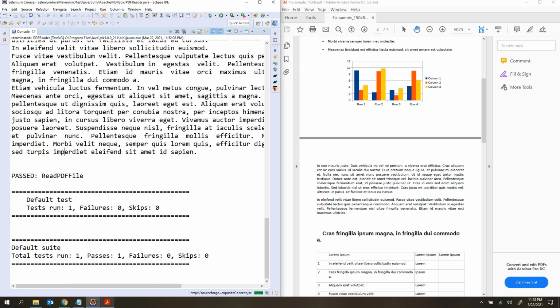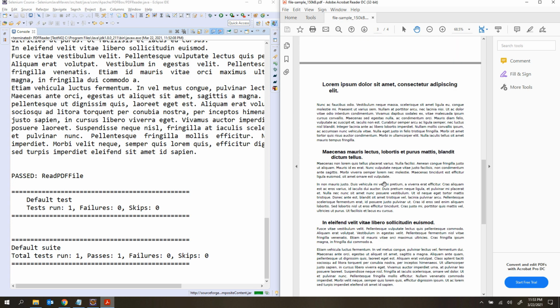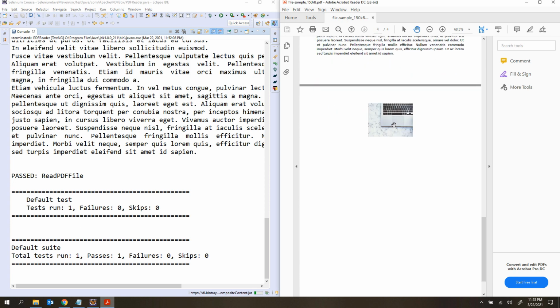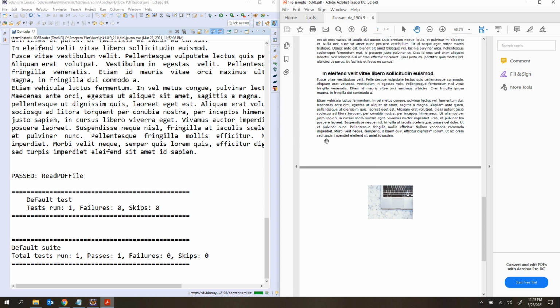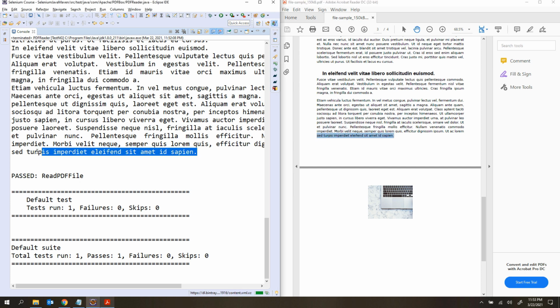Let's go to the last line and see. As I said, we cannot read the images, so just ignore this image, then go back to this one. Here you can see some text, guys. You can read it, I don't read it because it looks awkward. It ends with the same ending text, guys. That means we are able to read the entire data from this PDF file, right? So now what exactly do I want to do?